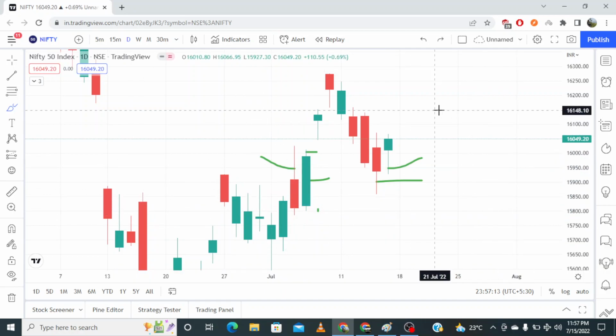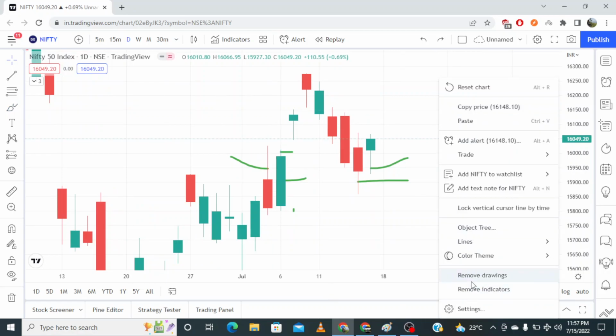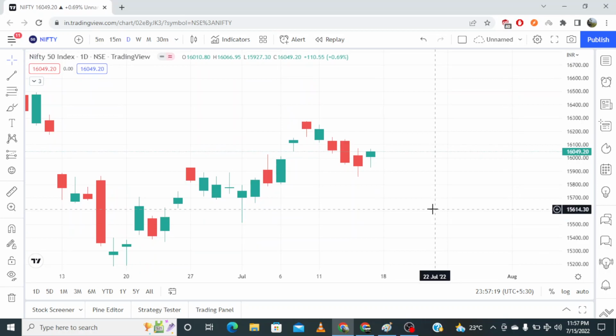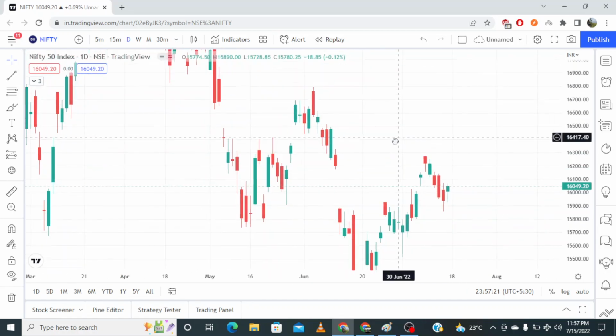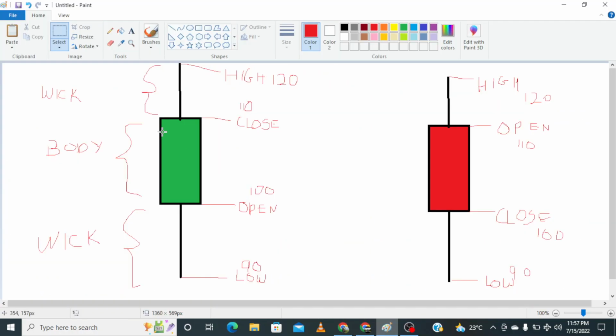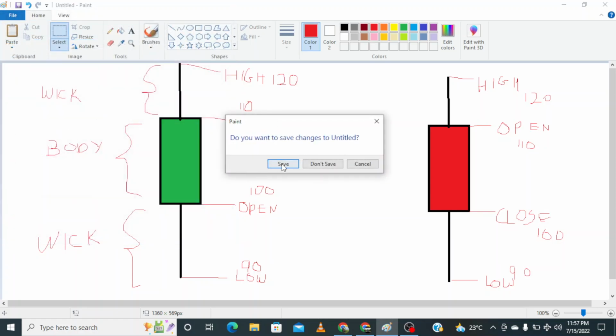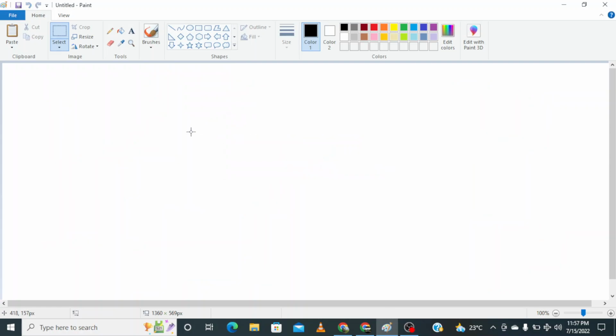So depending on all of that, like the body and the wick, the size of it, the candlesticks are divided into a few types, and those types can help you understand what the market might do or could do. It's never like the market is going to do the same or follow the same things, but mostly it does. Okay, so now comes the first type of candle that we're going to learn